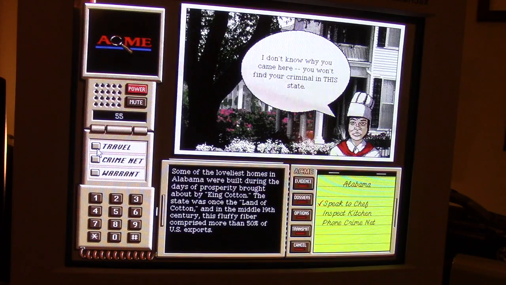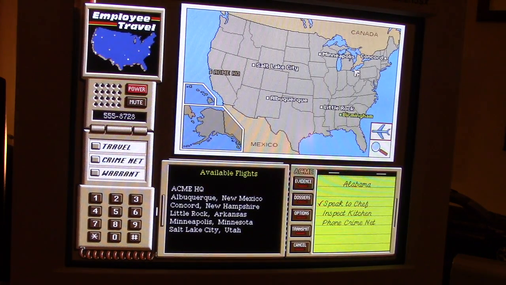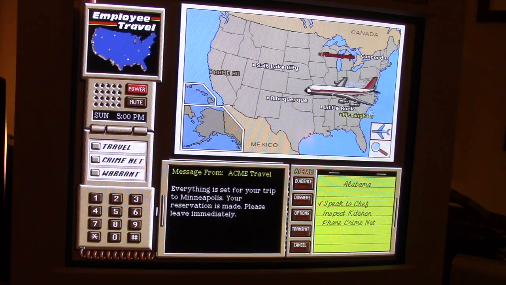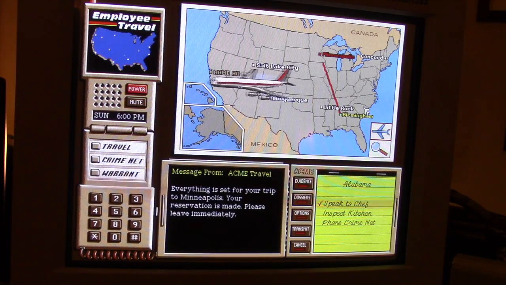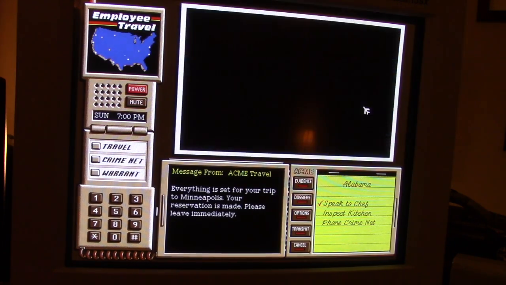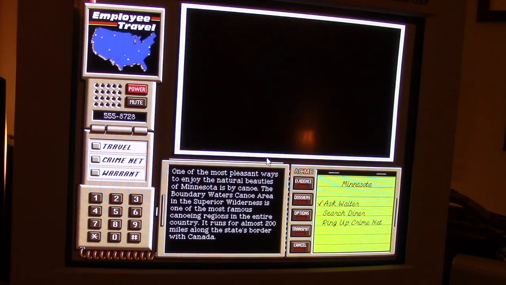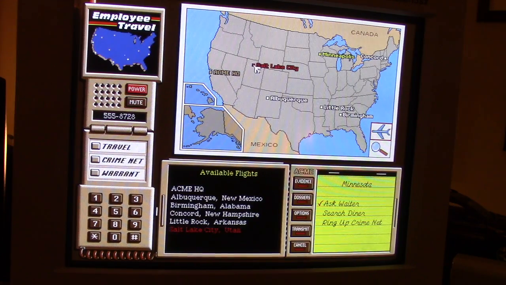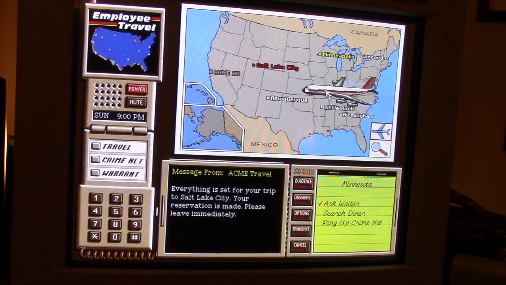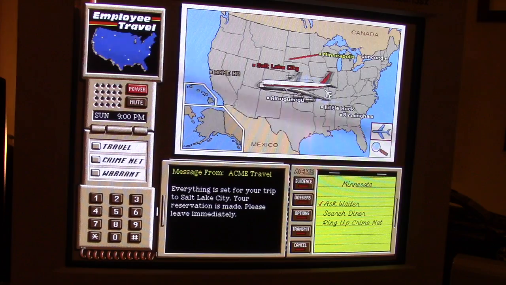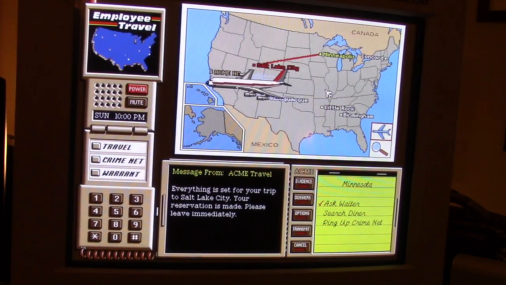We're losing valuable time. How about Minneapolis? Oh, son of a bitch. Ah, crap. We screwed ourselves. We're not gonna get it. I should just walk over to the computer and Google it, but